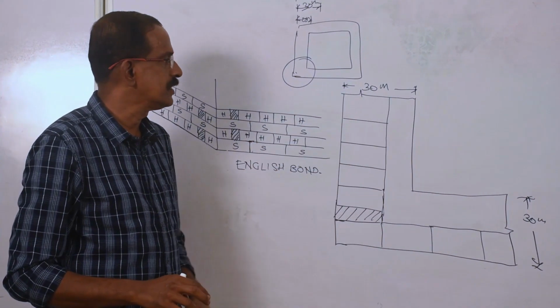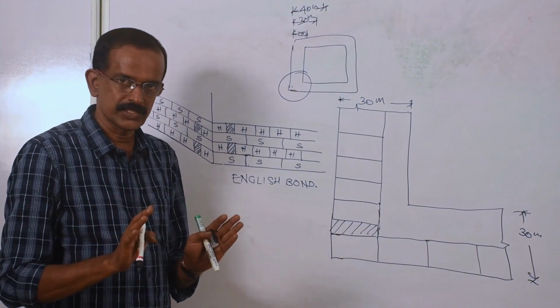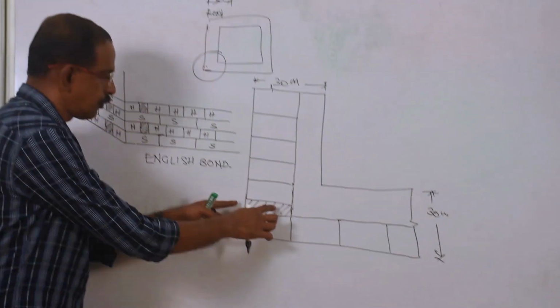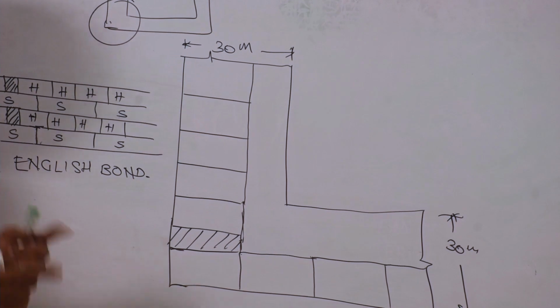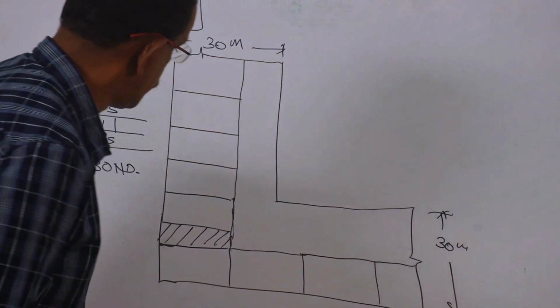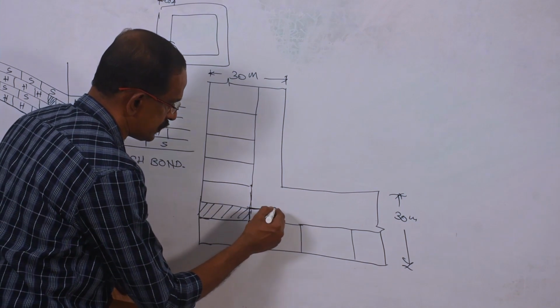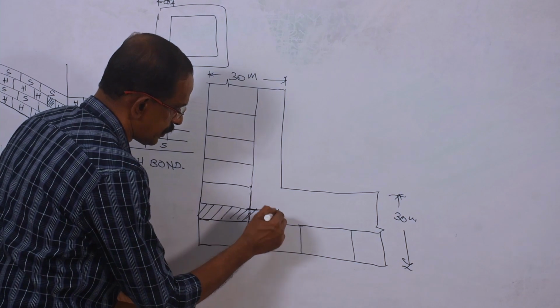Now here, the width or thickness of the wall is 30 centimeter. So next step, make the Q enclosure for 30 centimeter. Already there is a Q enclosure for 20 centimeter. How to make it 30 centimeter? Take one more Q enclosure and cut into two pieces and keep that half piece here. Now the Q enclosure becomes 30 centimeter.